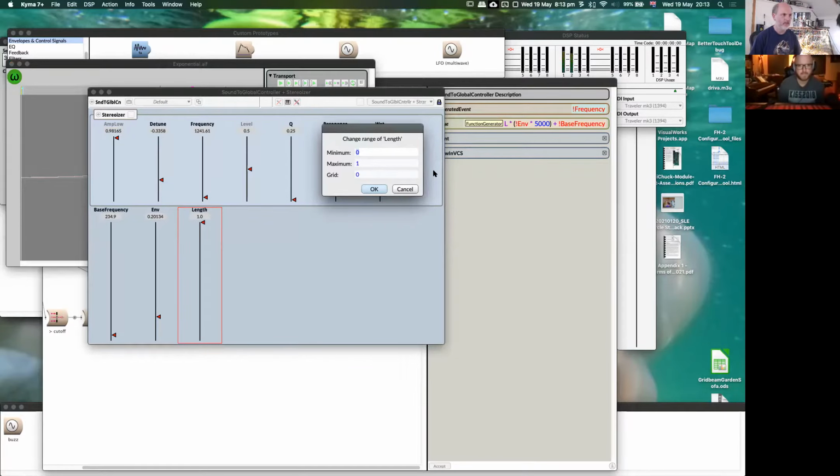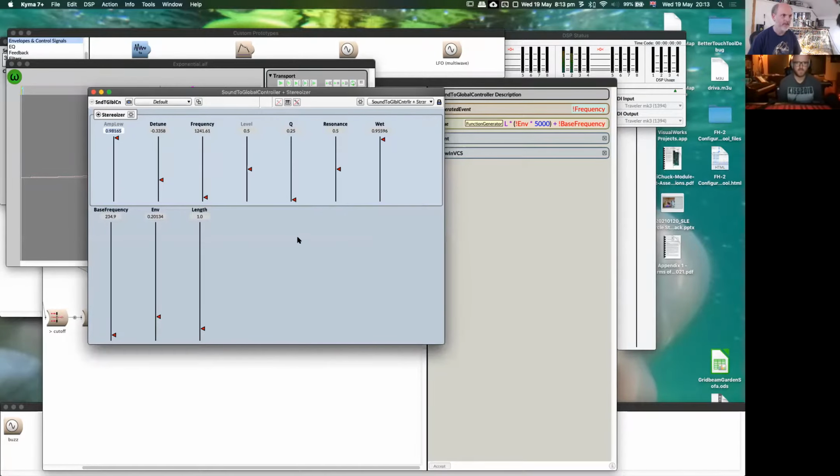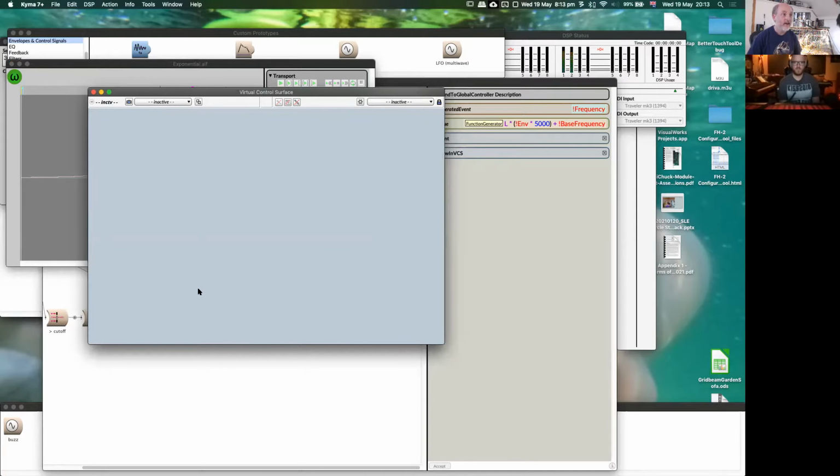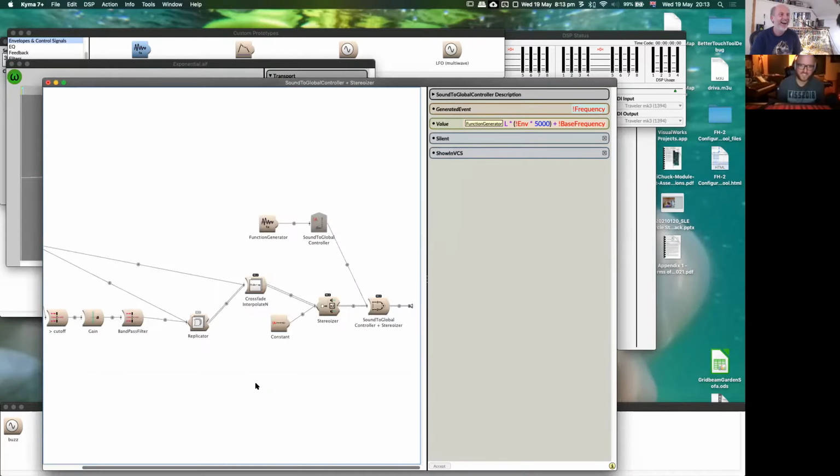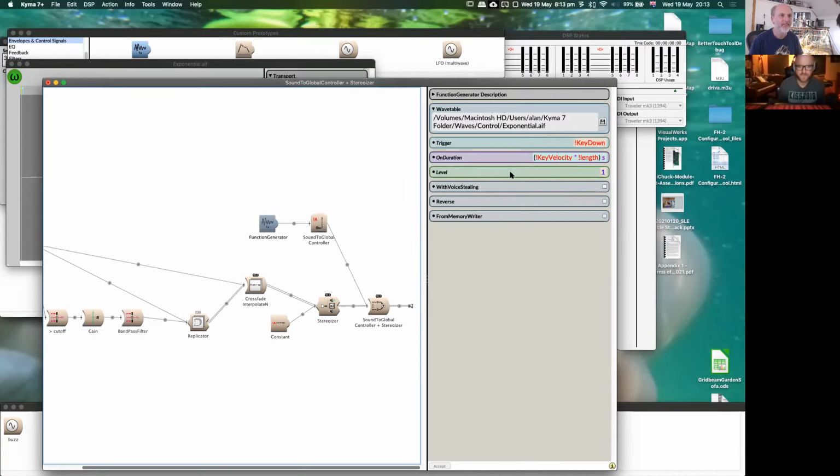Change range. Let's go up to 10 seconds. I don't know. Thumbs up. Pencils down. Pencils down. All right, let's finish our thought here, and then I think we can call it a success. Sure. So the on duration, I don't think so. You can't. Oh, you can reverse. I think we can reverse it. There you go. So we could try doing it the other way.